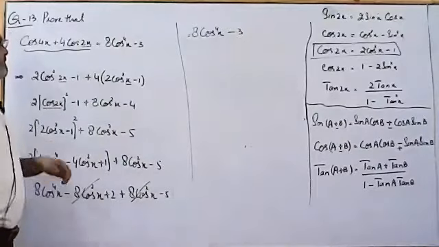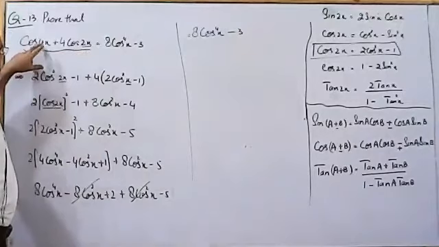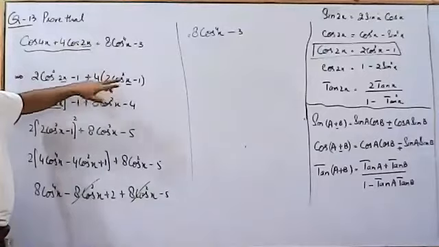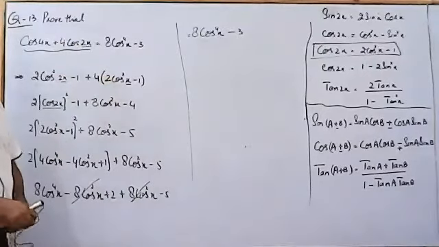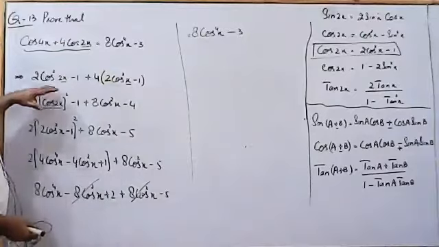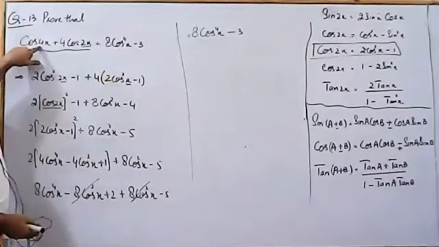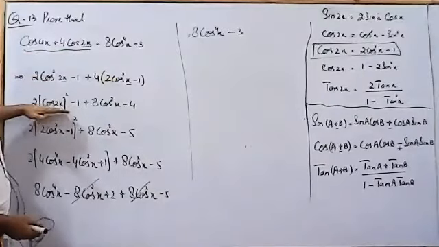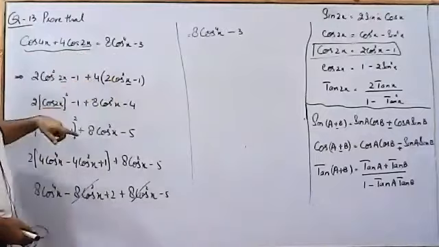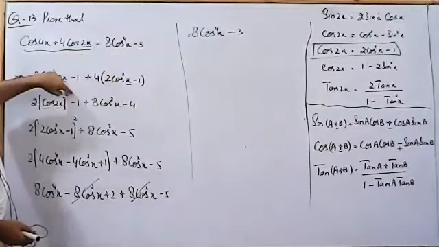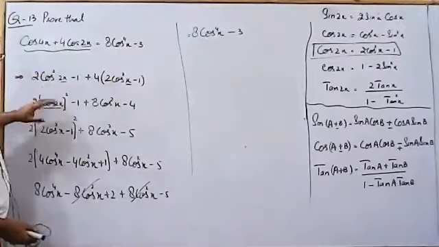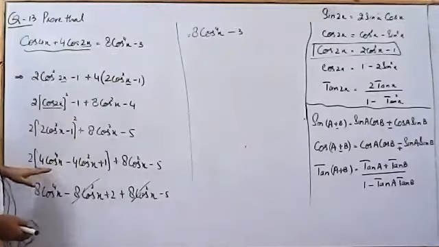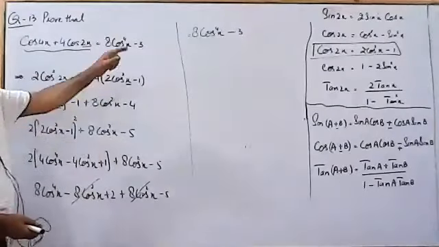So what I have done, I have changed 4x into 2x and then 2x into x, using the double angle identity for cosine. And remember here, if it is 4x, its half will be 2x. And this square I cannot use directly on cosine because our identity is for cos 2x. So that's why I have used this square as the whole square of cos 2x. After using the identity, I have used the a minus b whole square identity to expand it. Then further simplification gives you the result.